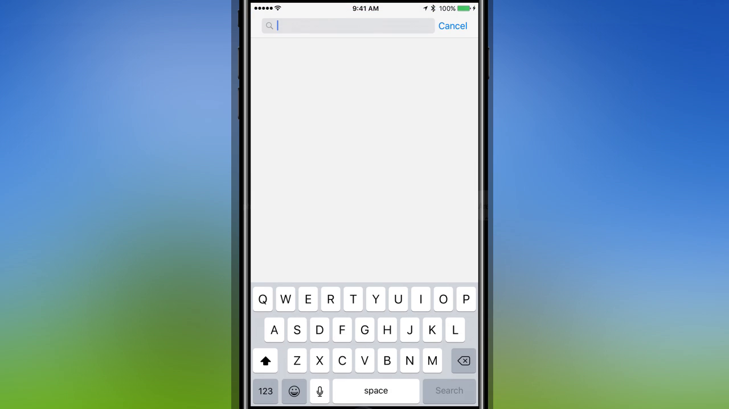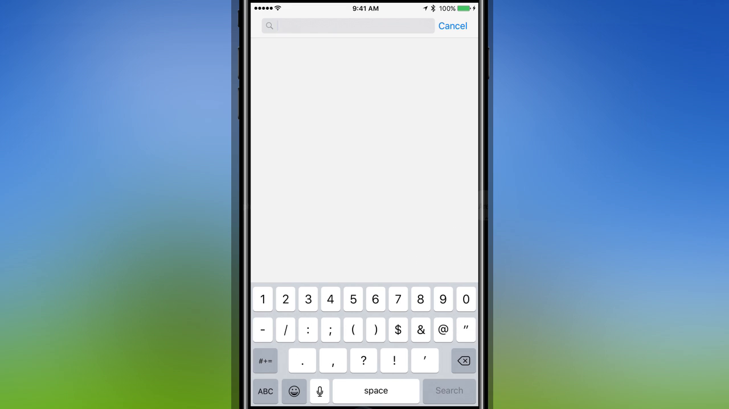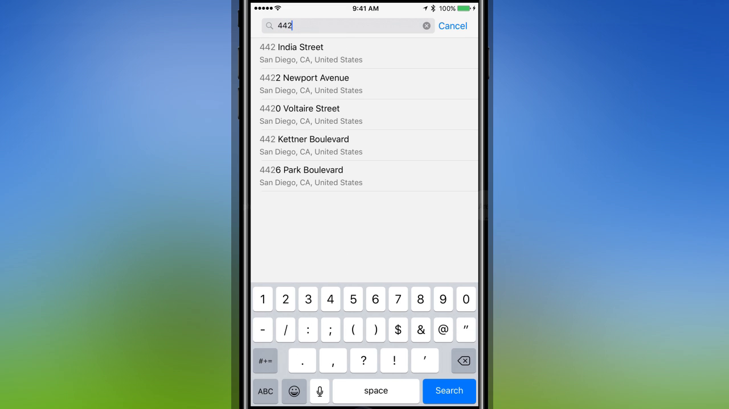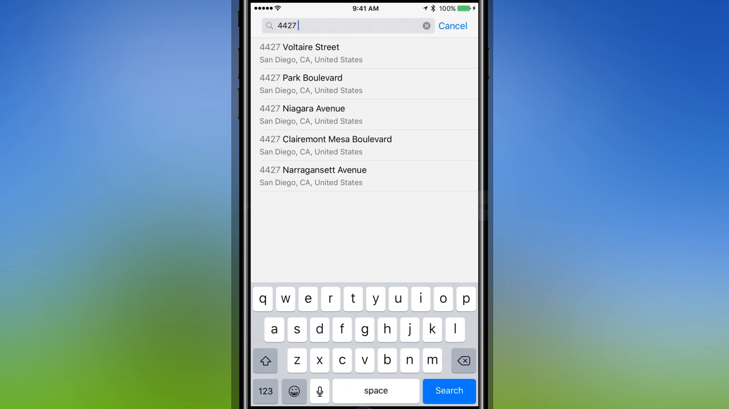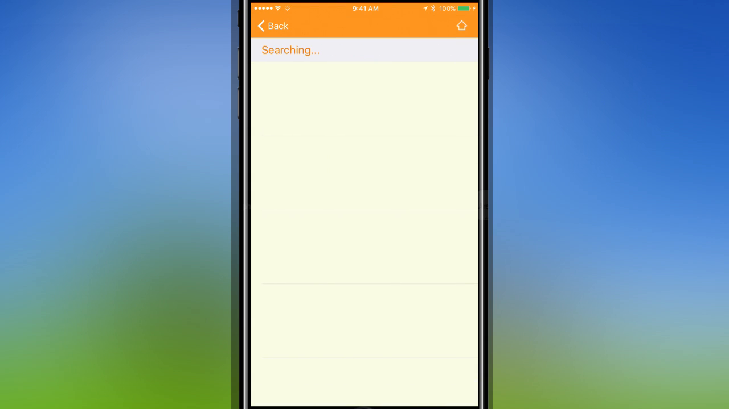If I tap on that, it brings up a little search bar. And what's great here is I can just start typing the property, and I'll just type in the numbers here, and as I type you can see that it's filling in the property, and it bases it on your location and some other things. It's a really cool way to get to your property. I can see the one I want right there, and when I tap on it, it just fills it in